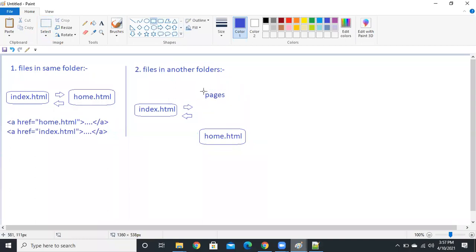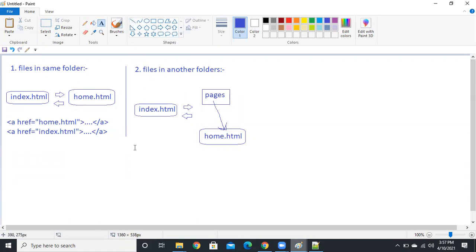This is the pages folder, guys. Try to understand. Inside the pages folder, I have a file like home.html. Then tell me how to navigate index to home and home to index.